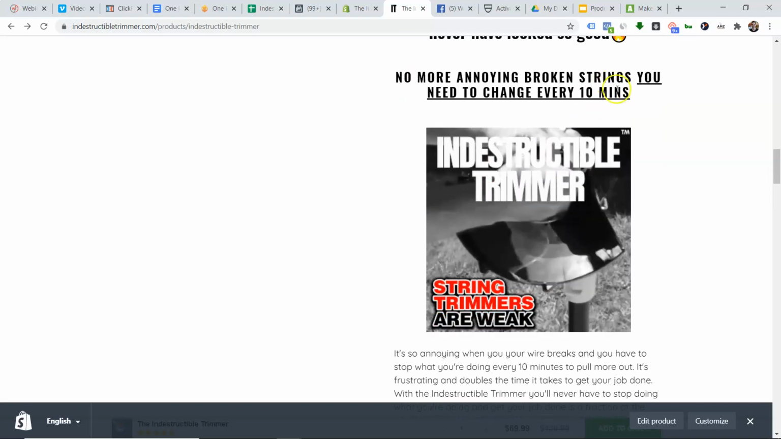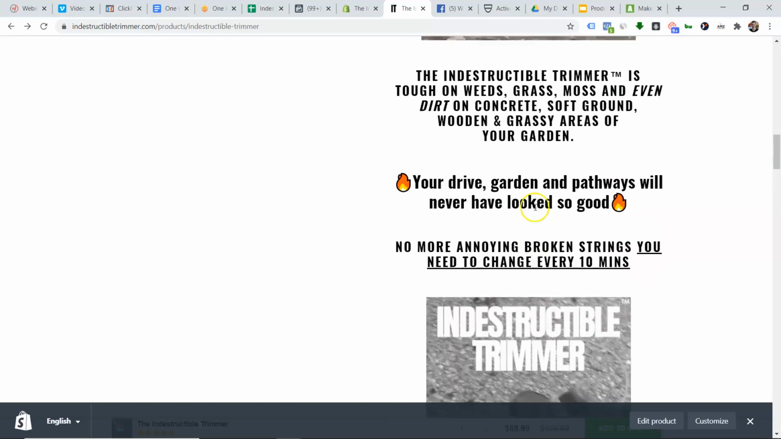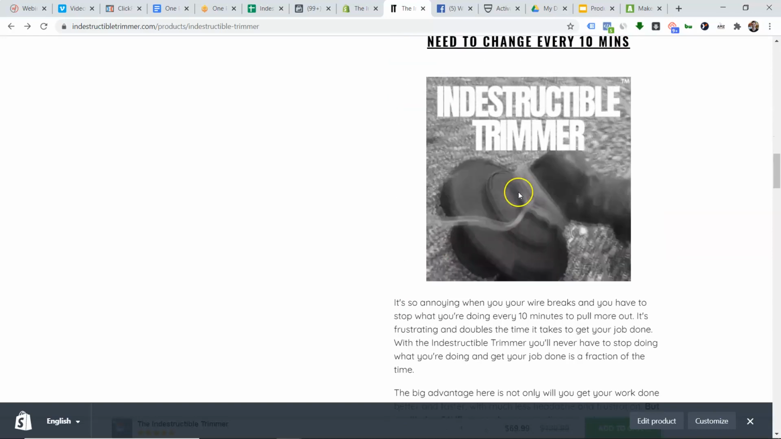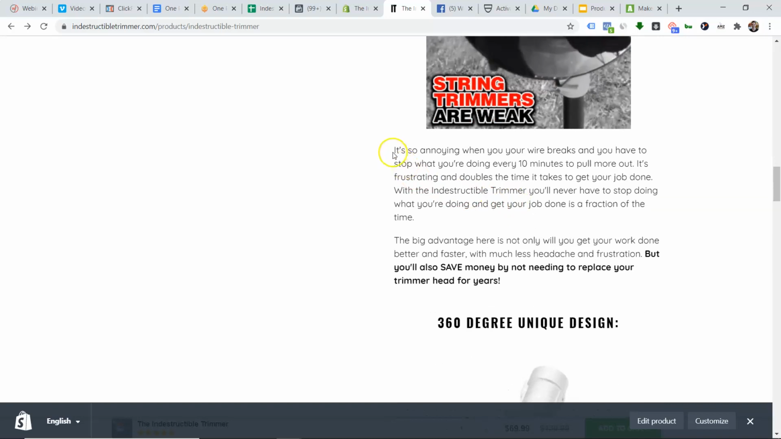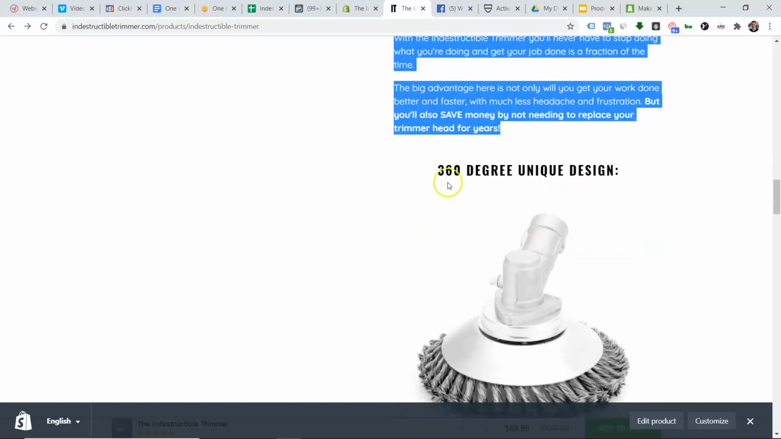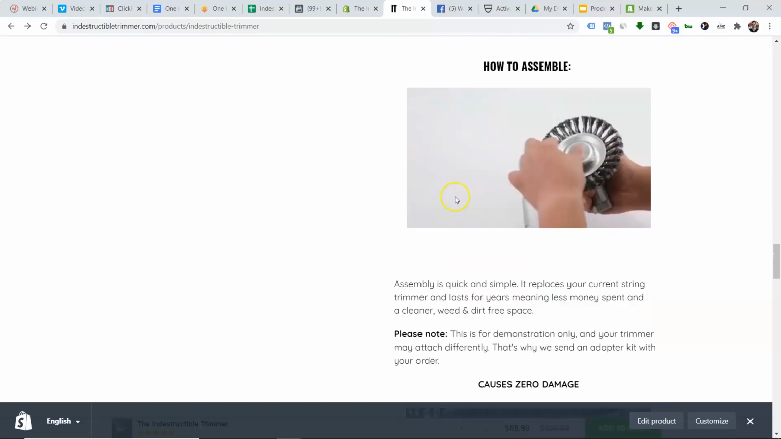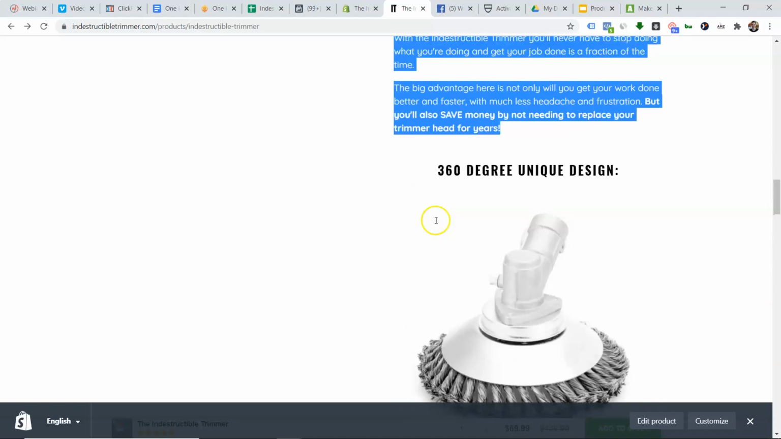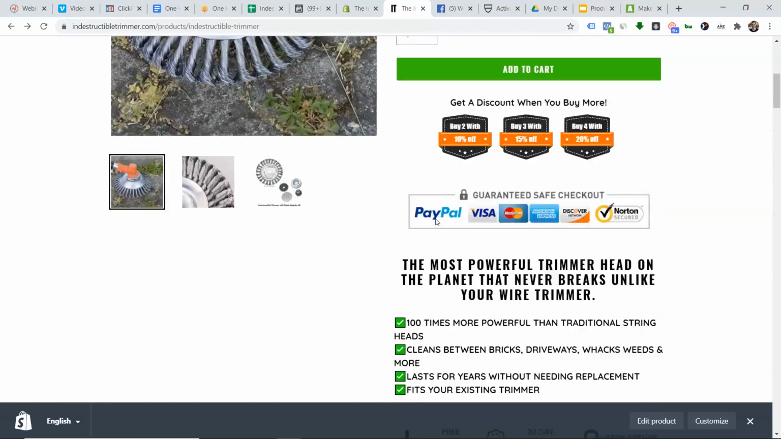No more annoying broken strings you need to change every 10 minutes, right? So really here we're just hitting them with benefits to get them emotionally connected. And then we start writing copy. And then we start talking about how the product is made. And then we start talking about how to assemble it, right? You see how that hierarchy works? Starting out with just benefit,